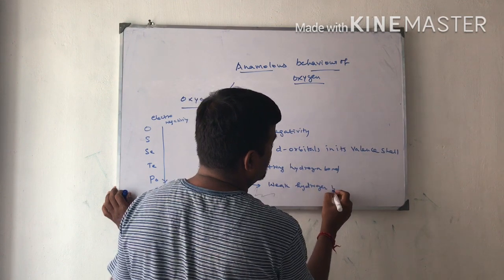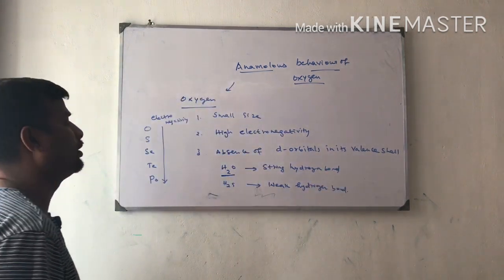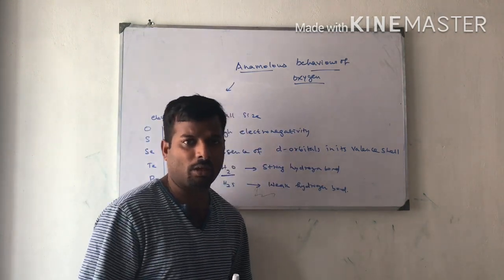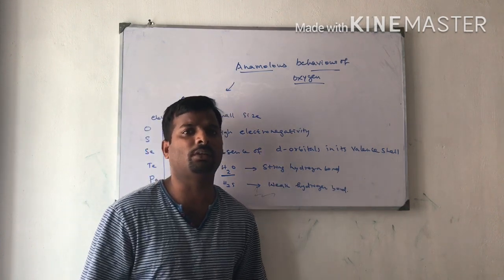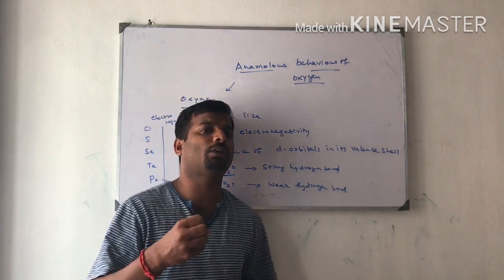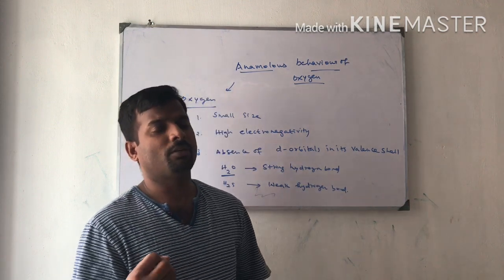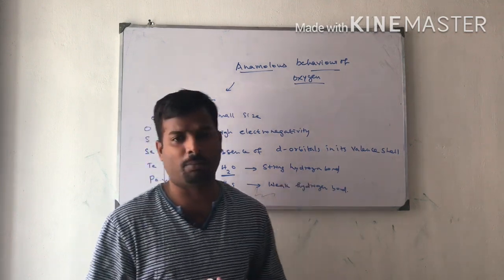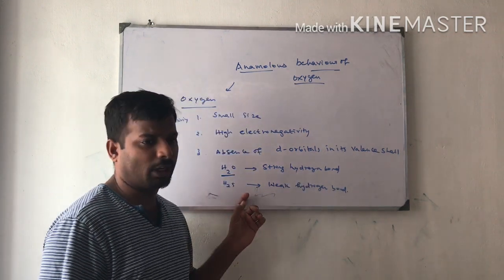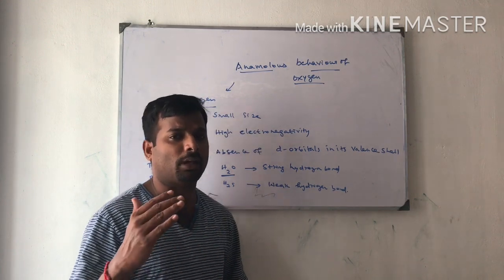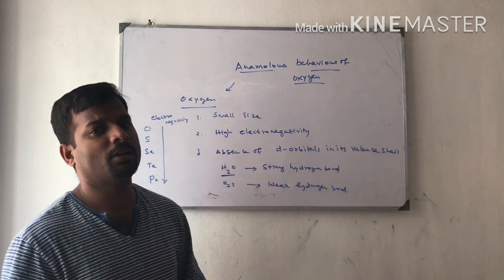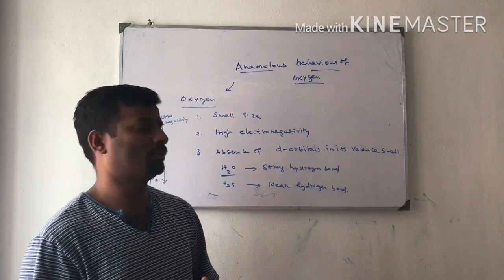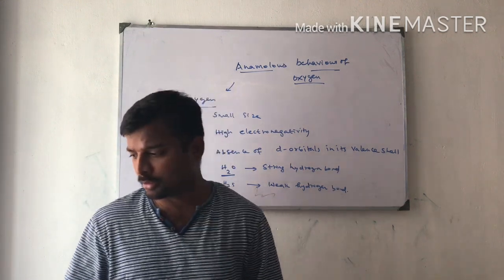Due to the higher electronegativity of oxygen, the small atom has a more effective nuclear charge that pulls the hydrogen electrons towards itself. That's why the bonding is strong. The energy required to remove the hydrogen from the water molecule is high, so it is a strong bond. In this case, sulfur is a big atom, so the effective nuclear charge is less. So the energy required to remove hydrogen from H2S is small. That's why it is a weak hydrogen bond.